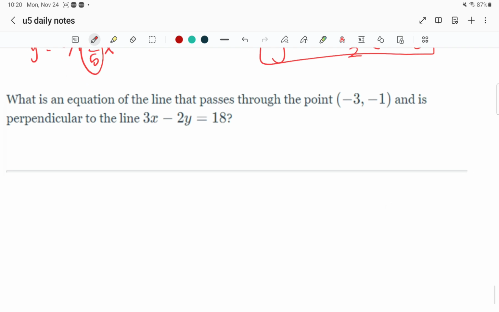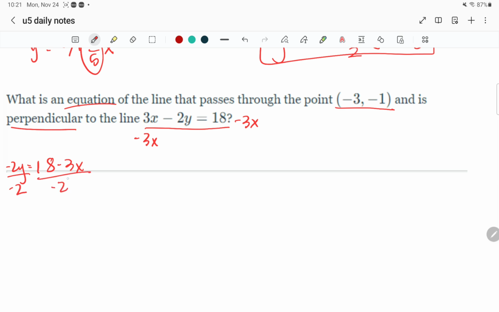One more time. Okay, the equation passes through this point and it's perpendicular to this original line. So we're going to solve for y. 18 minus 3x divided by -2. Subtract 3x from both sides. 18 minus 3x equals -2y, and then I divide by -2 on both sides. Sorry, I'm trying to save myself room for other stuff on the other side. Y equals -9